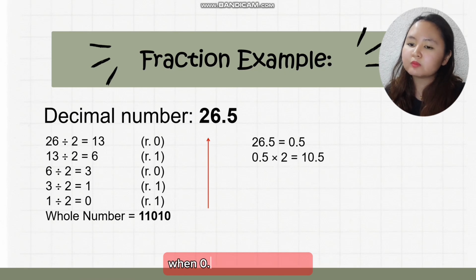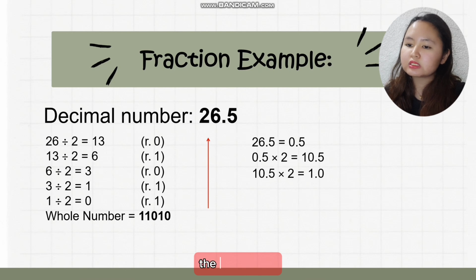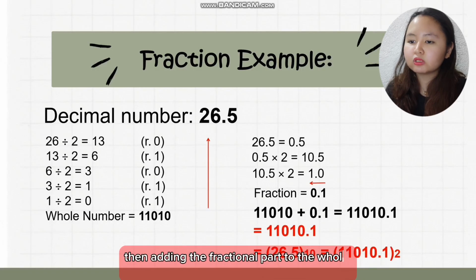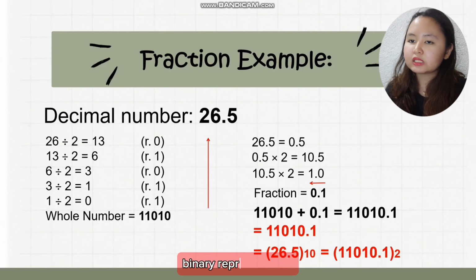When 0.5 is multiplied by 2, the result is 1.0. No decimal part remains, so the fraction is 0.1. Then we add the fractional part to the whole number binary representation,